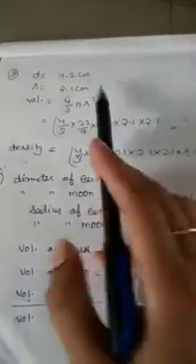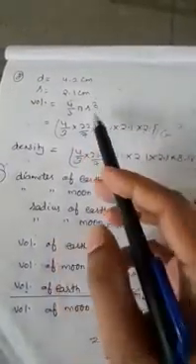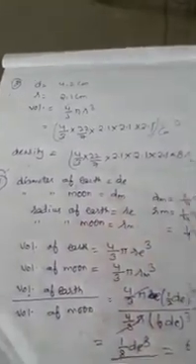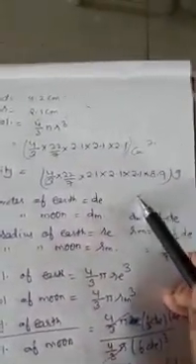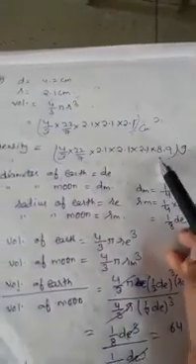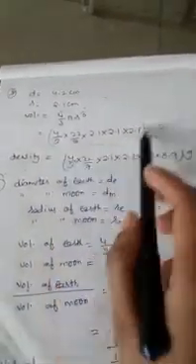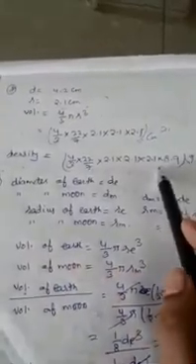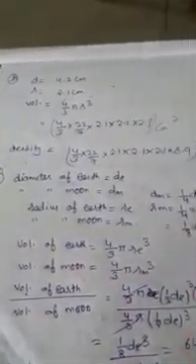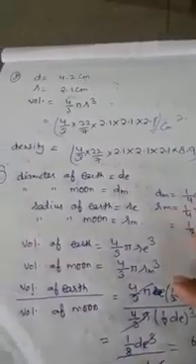Now question number 3. In the third question, the diameter of a metallic ball is 4.2 centimeter, and what is the mass of the ball if the density of the metal is 8.9 gram per cubic centimeter. Here diameter is given, radius is half of diameter, and volume we can find by the same formula. Now we have to find the weight. For weight, 1 cubic centimeter is equal to 8.9 gram. So we multiply the volume with 8.9, that is the weight of this metallic ball. Okay students, calculation you will do by yourself.